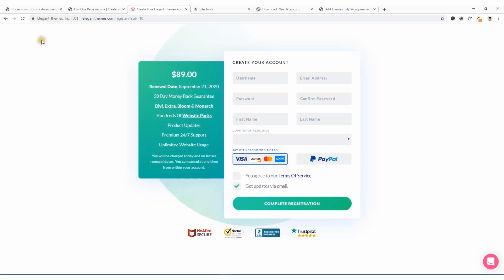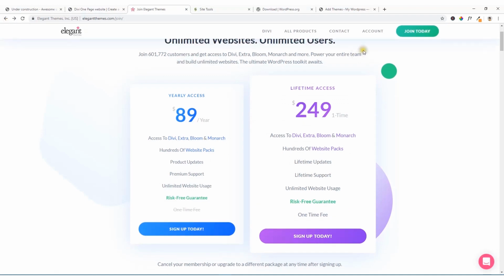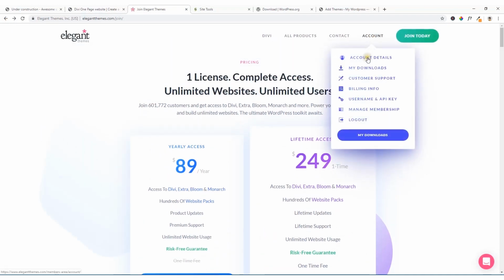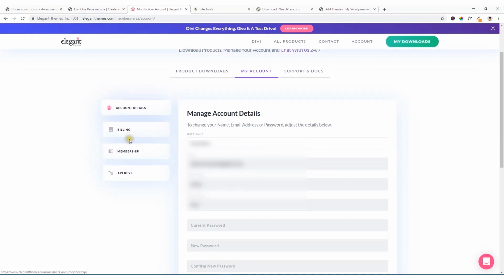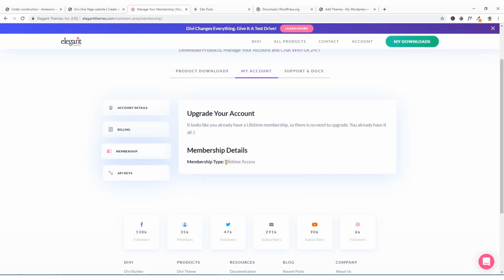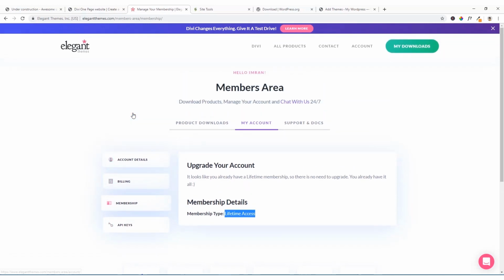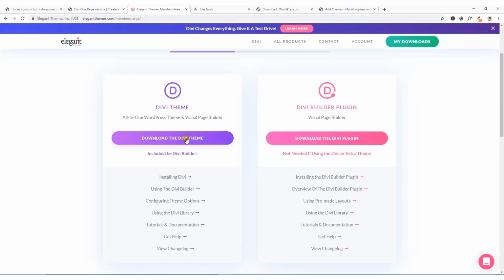Okay, so what I'm going to do, just step back and go to the account details. It's the member area and my account, membership. I have the lifetime membership of the Divi theme, and from here you will be able to generate API keys. Okay, I'm going back to the product download, and in this video tutorial I'll just download the Divi theme. So click on this download Divi theme,